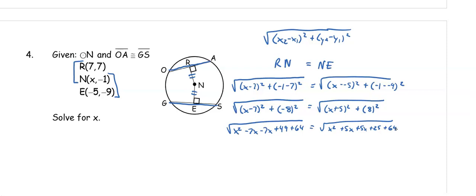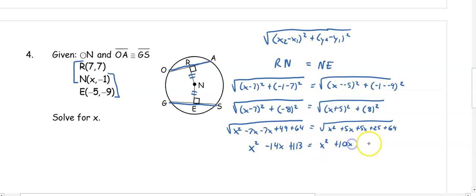To get rid of our square root, we're going to square both sides. So when we simplify this, we get x squared minus 14x. We can add the 49 and the 64 together to get 113, which is equal to x squared plus 10x